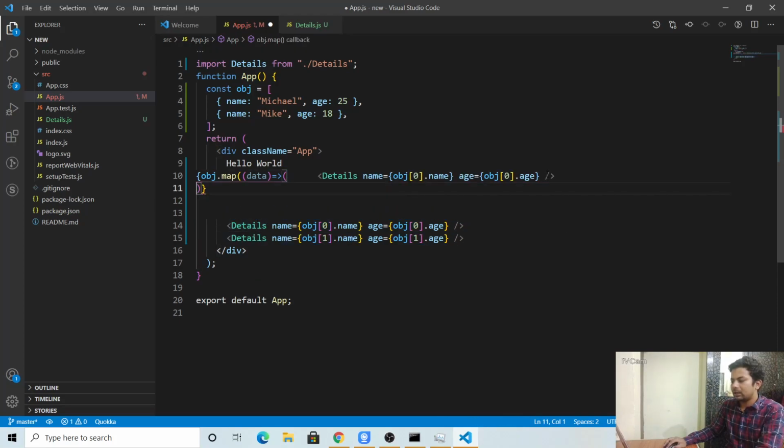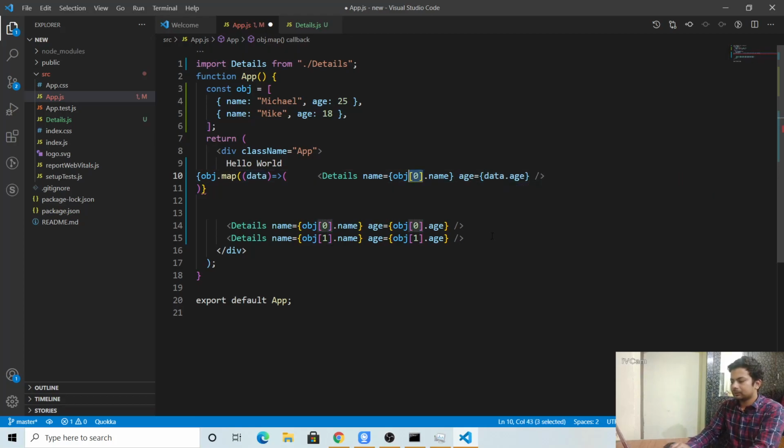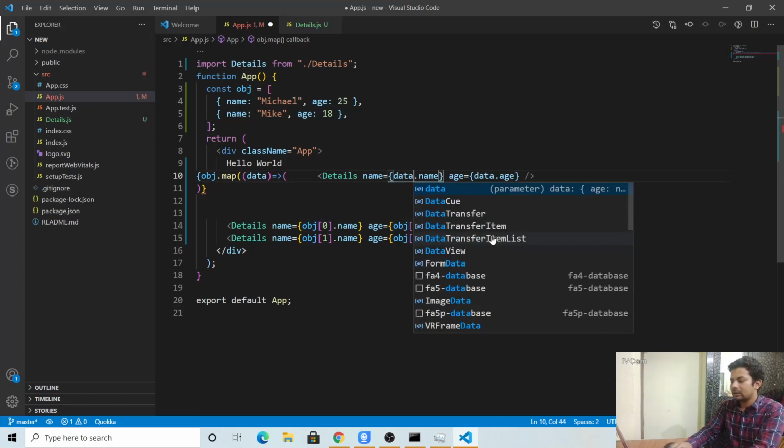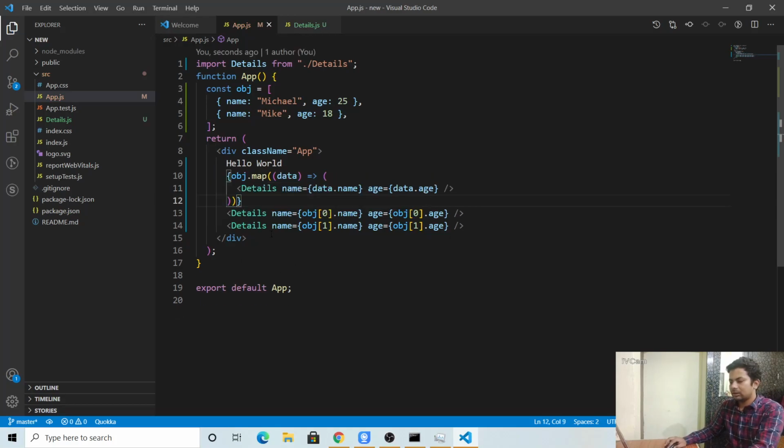This time we are getting the array element in the variable called data. So we'll write data, and here also we'll write data, and here we'll close the braces.